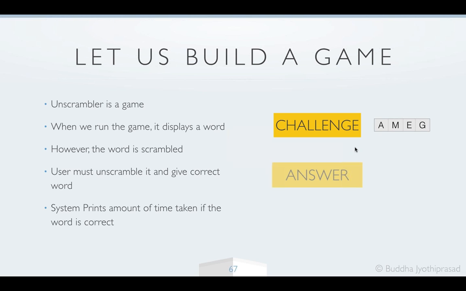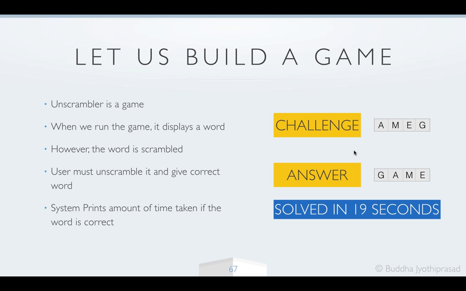The game is this: you will be given a challenge, like a scrambled word, and you have to unscramble it. Once you give the correct answer, it says you have solved it in XYZ seconds. So this is the game. Let's build it, and therein we'll learn some of the concepts.